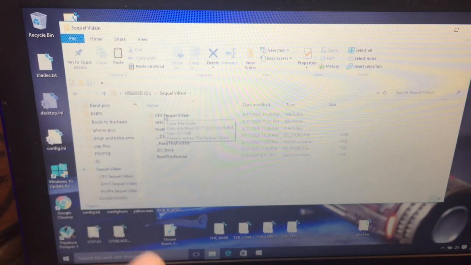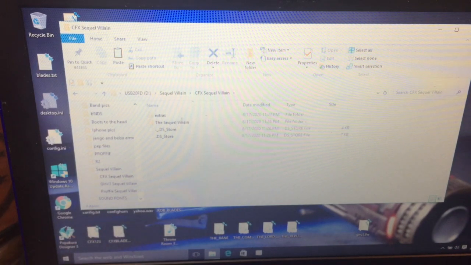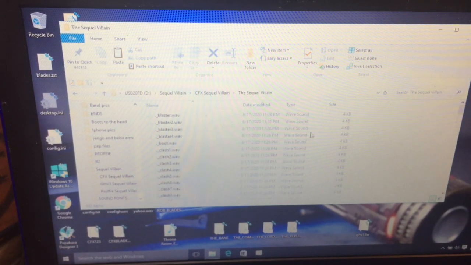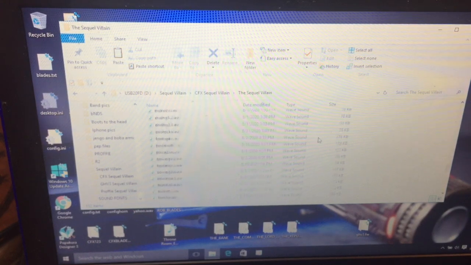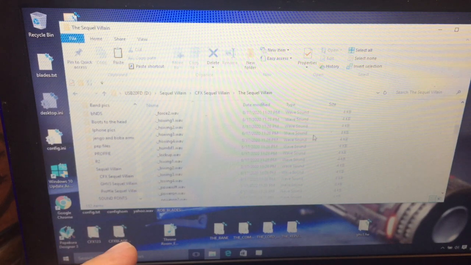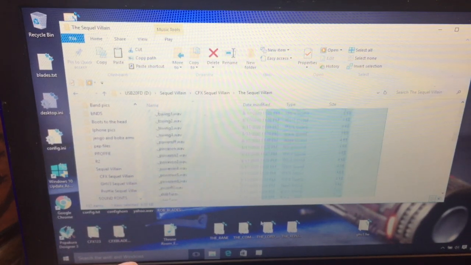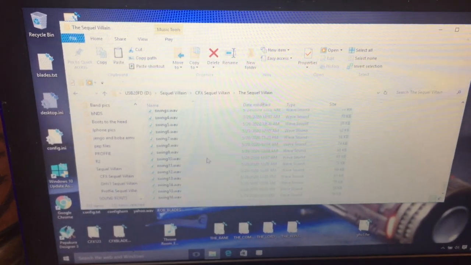The CFX, again, guys. So I'm going to click the CFX. I got extras and Sequel Villain font, and everything in here. You got swings, power on, all that stuff. And I'm going to highlight all of it in the font, copy,